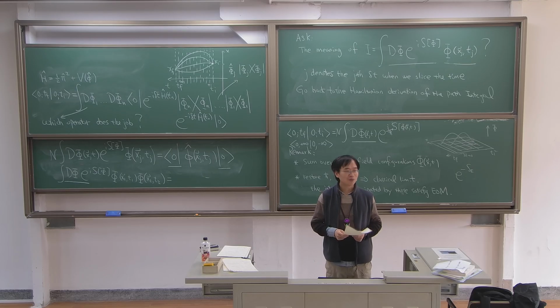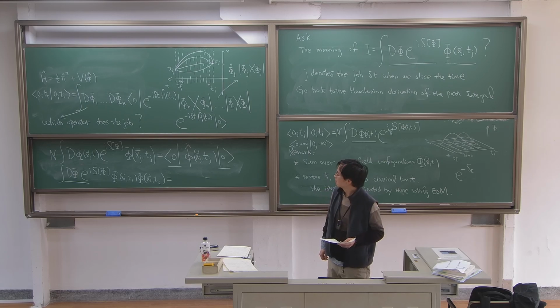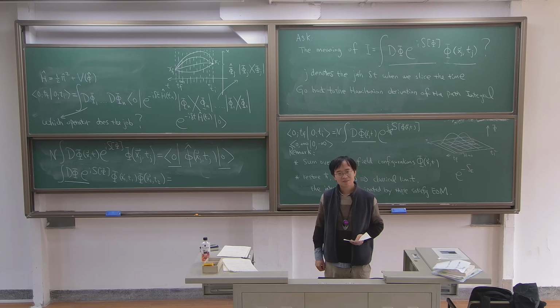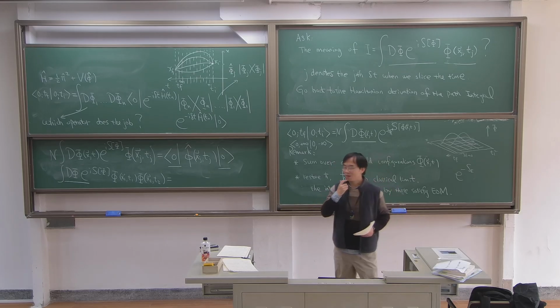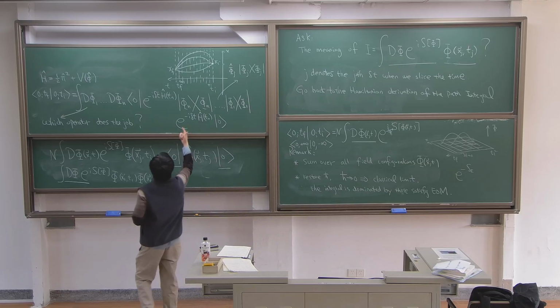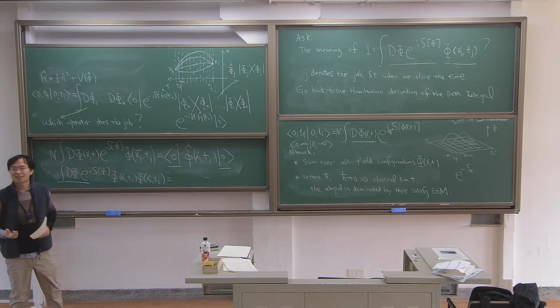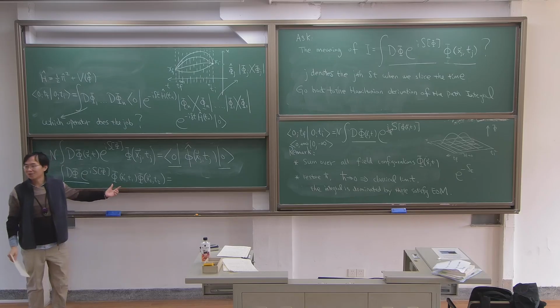Very good, so time ordered. Why? Because when you insert the operator, if t1 is bigger than t2, then the operator phi(t1) would be on the left. That's right, very good. So this is another magic. It's very important. According to this translation, back to this picture, if you agree that's the way to understand this kind of insertion,